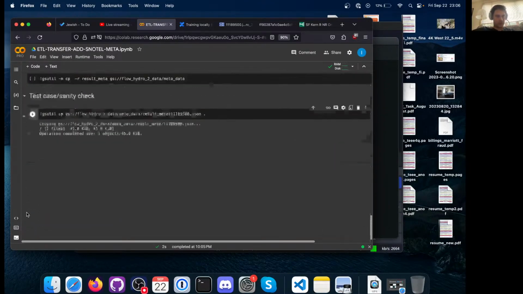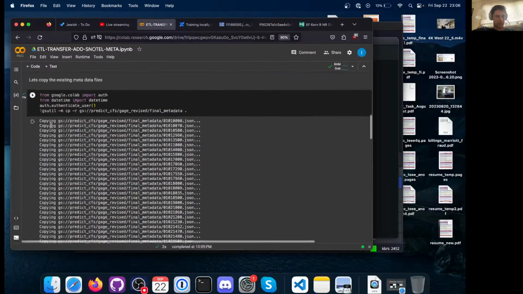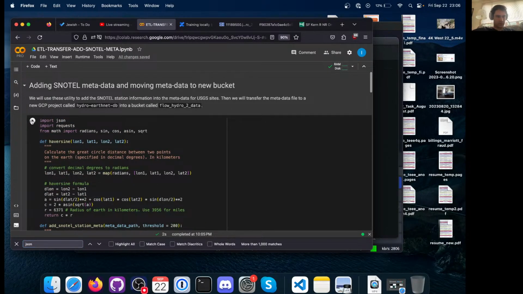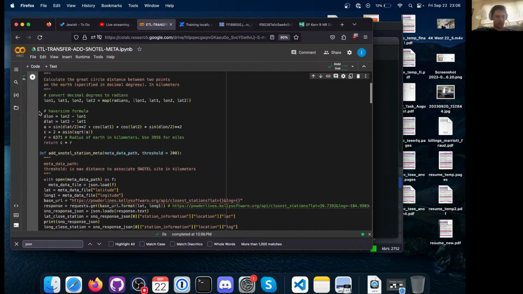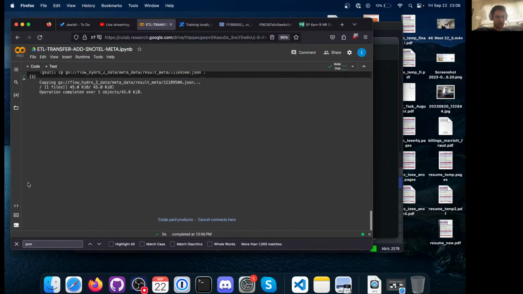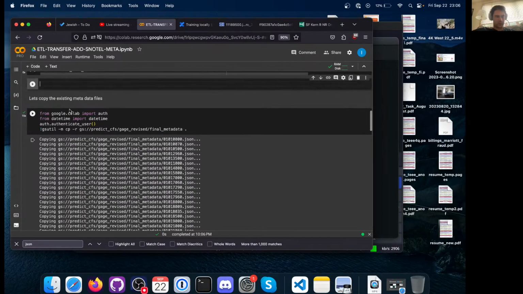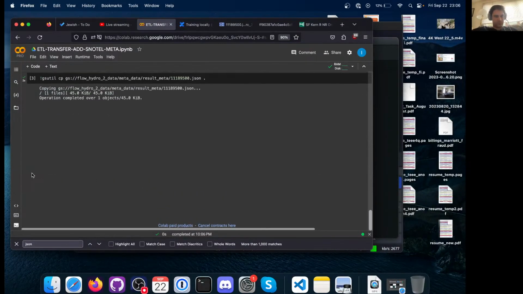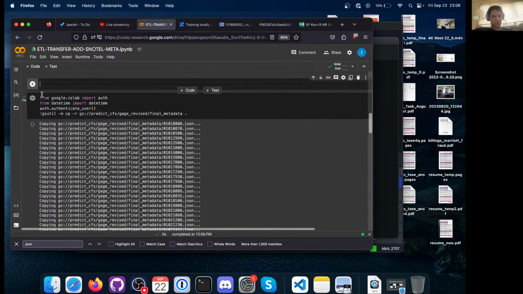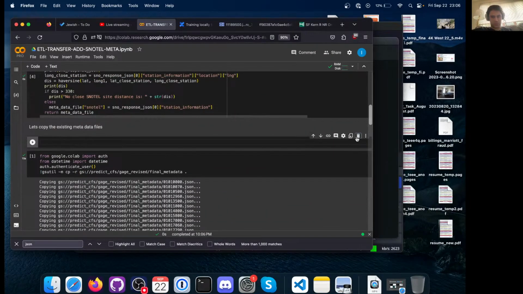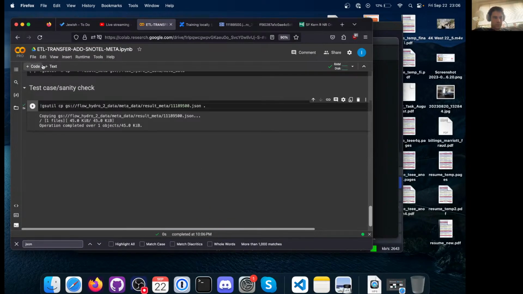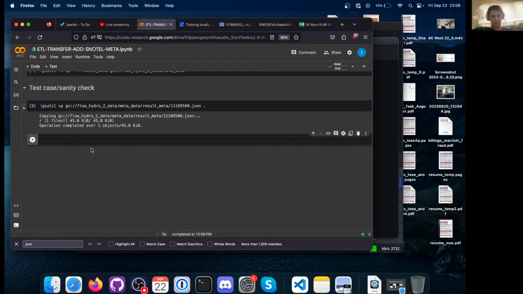Well, we can run this cell too. That will import the JSON, and then we can quickly check to see that it looks correct with the SNOTEL data. So, oops, no, I don't want to do that there. Code. So now,